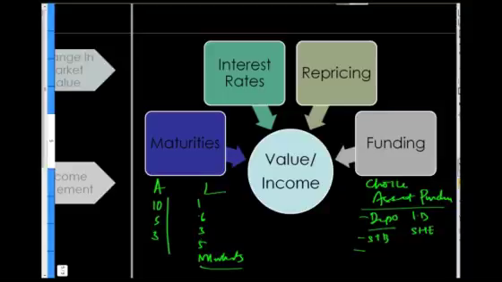So two pieces, one that deals with funding: how am I going to fund my assets, and what maturities I'm going to use with respect to funding these assets. The third piece that comes up within the framework is what's my outlook on rates? Are rates going to go up or go down? Depending on my outlook on rates, I would actually go out and make choices.